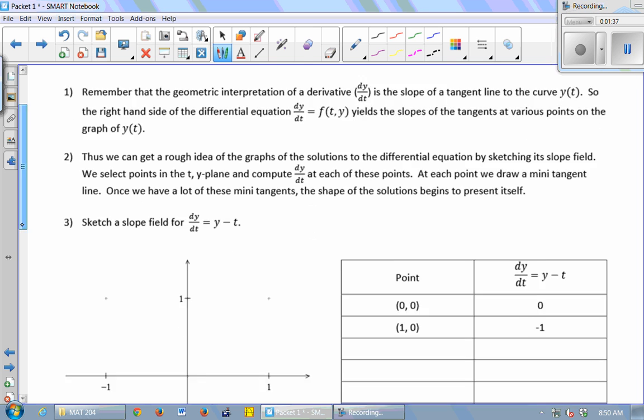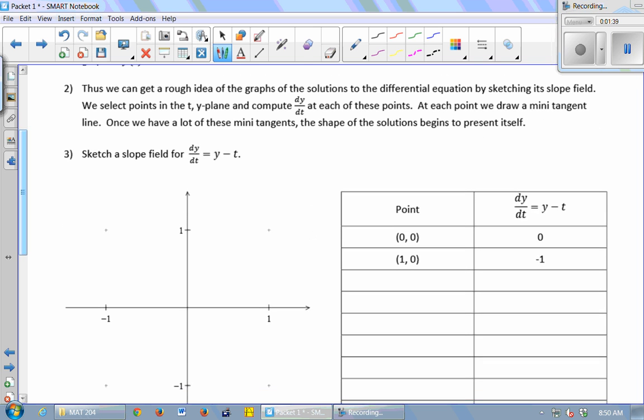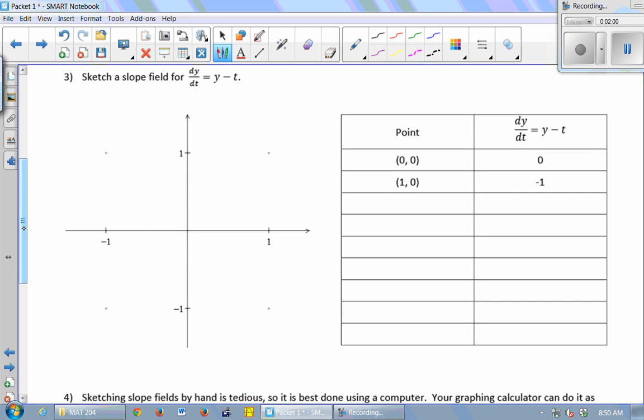So you can get a rough idea of what the graphs of the solutions look like by sketching a slope field. You select points in the ty plane and you compute dy/dt at each of these points. And then at each point you draw a little mini tangent line. Once you have a lot of mini tangent lines, you start to get a qualitative picture of what the solutions look like. So if I was going to sketch a slope field for dy/dt equals y minus t,